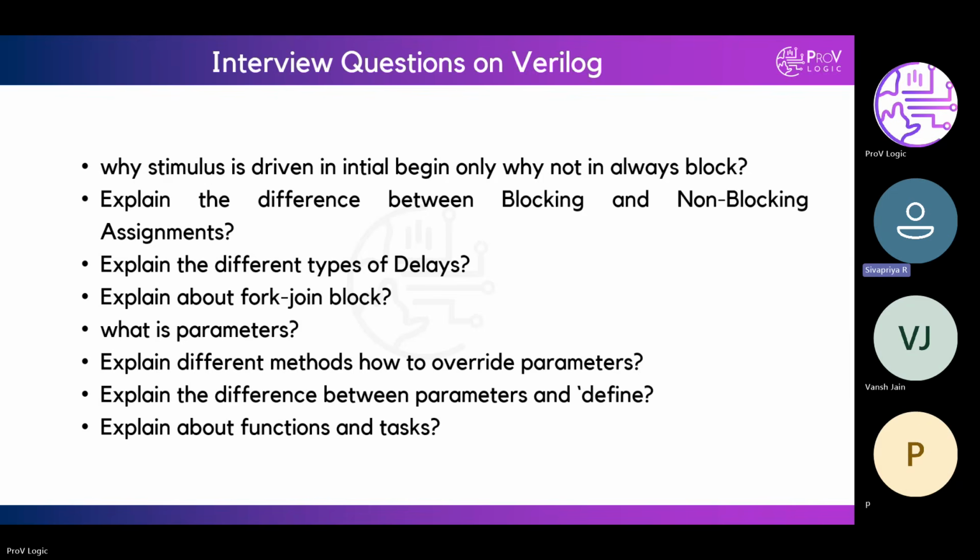Parameters are predefined constants. Yeah, that's correct. So how can we override parameters? What are the different ways, different methods, to override a parameter? Can you explain that?